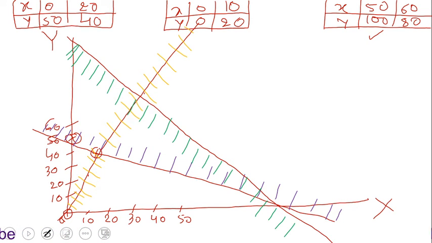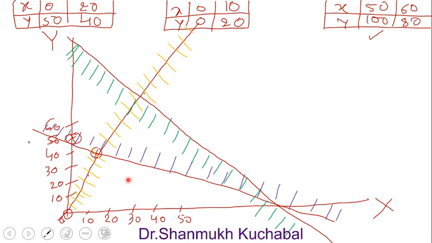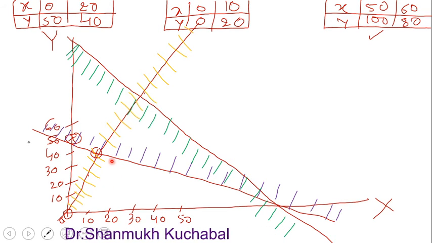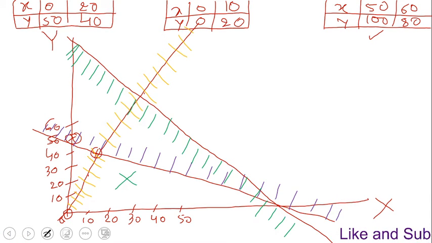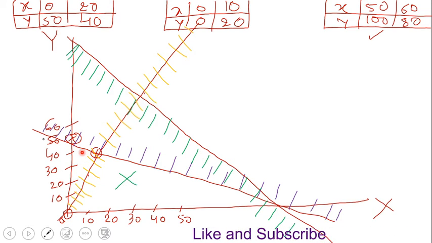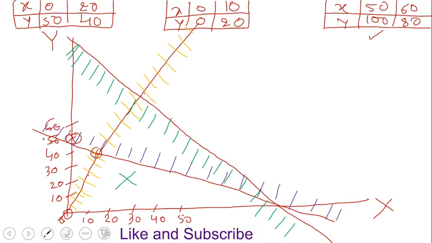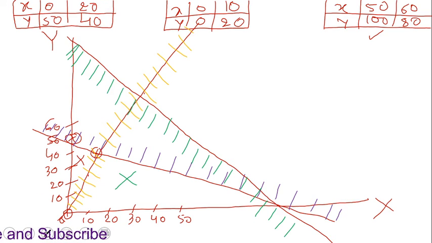Now we have to shade a common region here. So we need to find the common region. Here we observe that the below lines are missing, only above is there, and sidewise also. So the below line is missing, therefore that is not a common region. Very clear. Next, here also the below and longitudinal lines are missing, so this is also not a common region. So we'll cross it.